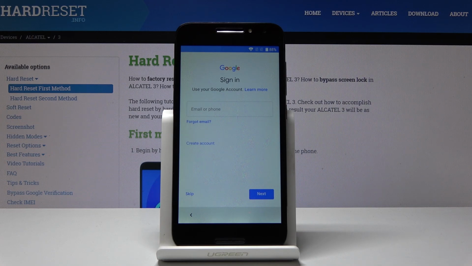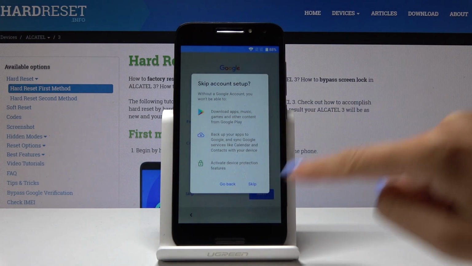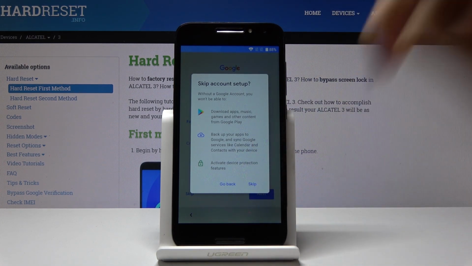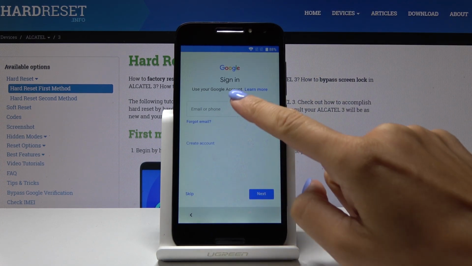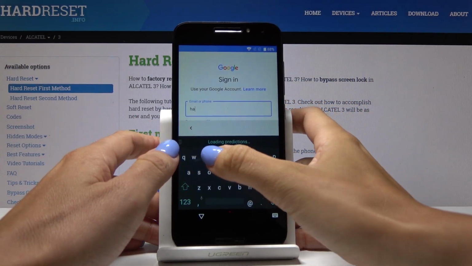And now you should log in with your Google account if you have one. You can obviously skip it for now if you want to, so let me do it. And then here's the notification, so if you will not set up your Google account, you will not be able to download app, music, games and all the others. You will also not be able to back up your data, so actually let's leave it. You can still skip it, but I will go back and log in with my Gmail address because it's worth it. So let's enter